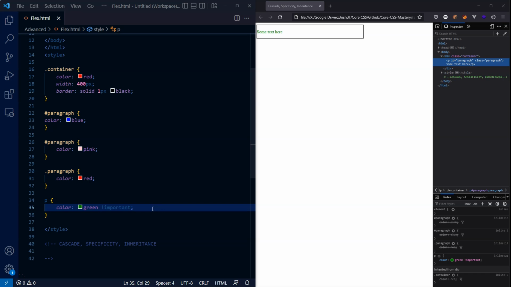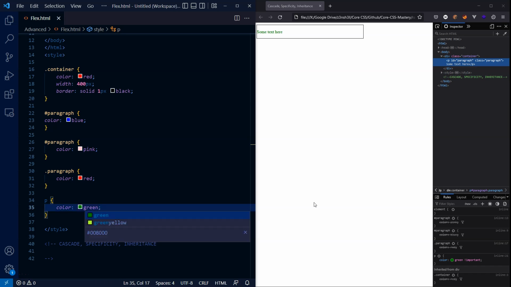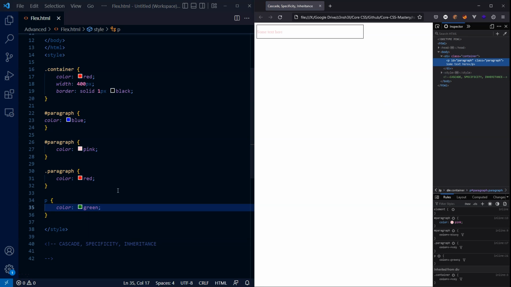Now, the general advice you will see is to try and avoid using these important directives. It's much better to understand why the rule we have written is not the most specific and change the specificity of our rule so that it takes precedence. That's the best way of dealing with things. There could, of course, be some situations where we don't have direct control over a part of the styling, and we might need to make use of the important directive. But in most cases, we can get away without using important, and we can just look carefully at the code